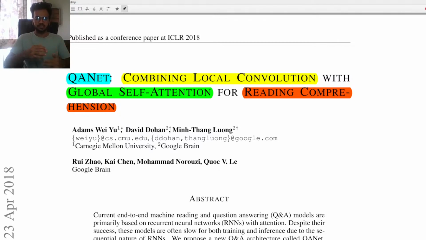As you can see in the timeline, this paper was published around April 2018. Vaswani et al. came in the first half of 2017 and released the Attention Is All You Need paper. From that time onwards, people started using self-attention and convolutional neural networks for natural language processing problems, and this was one of the first papers to get results on par with the state of the art, but with a lot of the capabilities that self-attention and convolutional neural networks have for natural language processing, which is extremely fast training as compared to before,